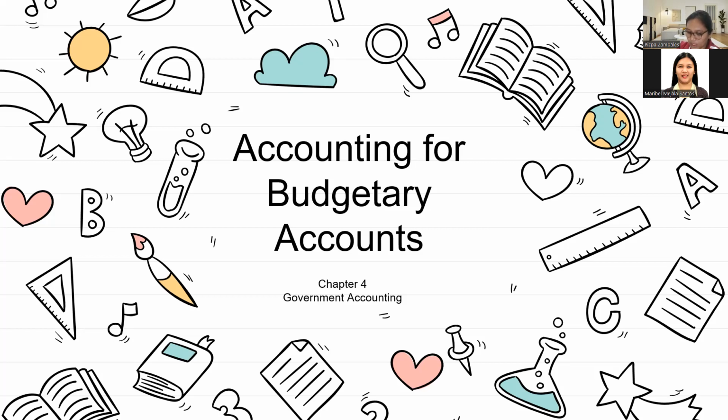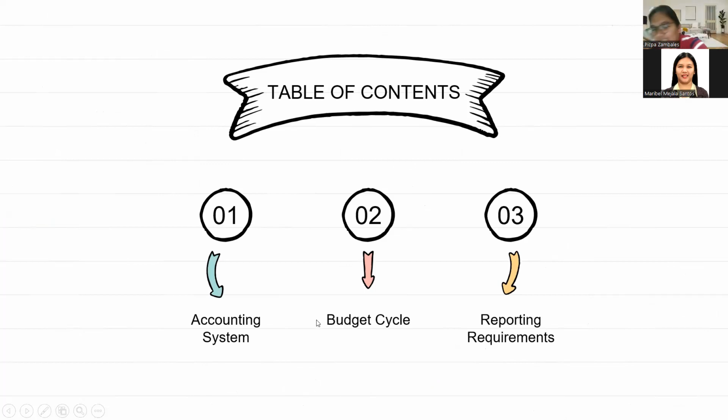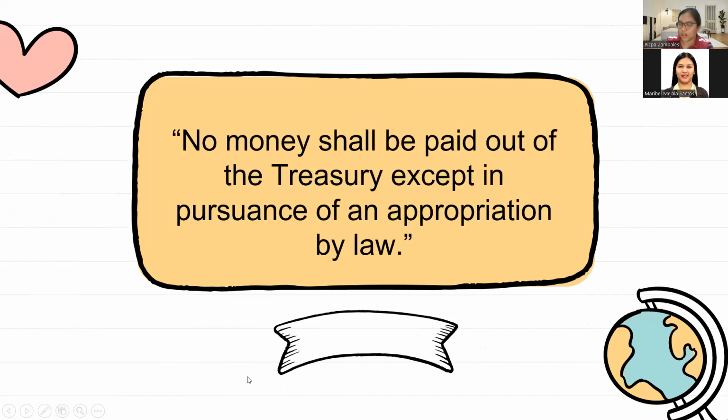Let's start. What are the lessons that we are going to discuss here? We have three: the accounting system, the budget cycle, and the reporting requirements. Under the accounting system, we have what we call... but before that, Section 29 of the 1987